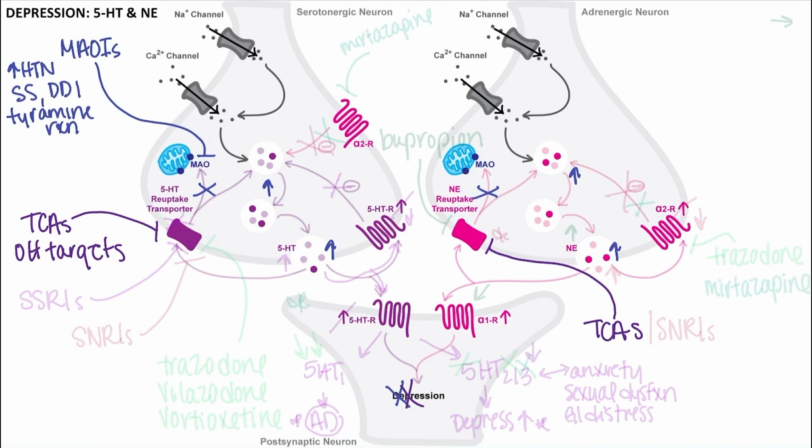And for these reasons, in most situations, these are avoided with a preference for the newer agents to be used. Now on to our newer agents, and we will start off with our selective serotonin reuptake inhibitors, or our SSRIs. And these are a first-line option and include things like sertraline, fluoxetine, citalopram, and others. And these agents will more specifically inhibit the serotonin reuptake transporter. So in the short term, it will increase serotonin levels in the synapse to correct that deficiency. And over time, will stimulate those serotonin receptors, which in the long term will correct any receptor regulatory imbalances.